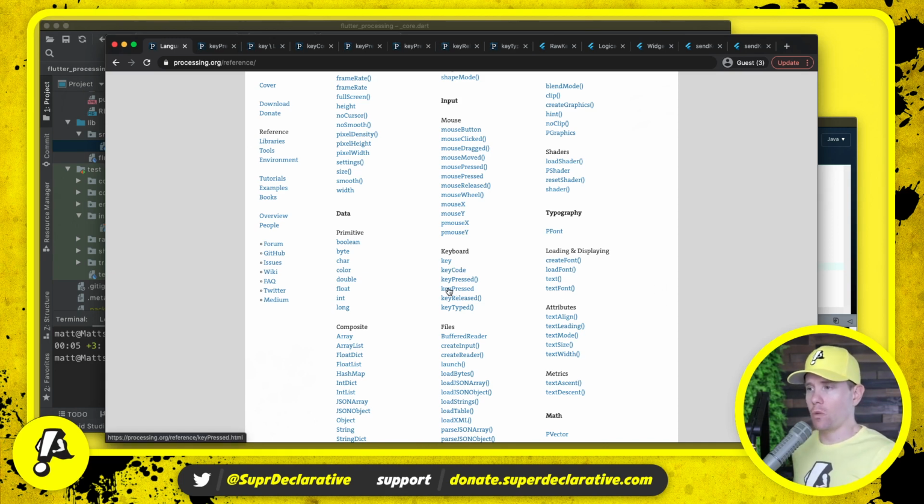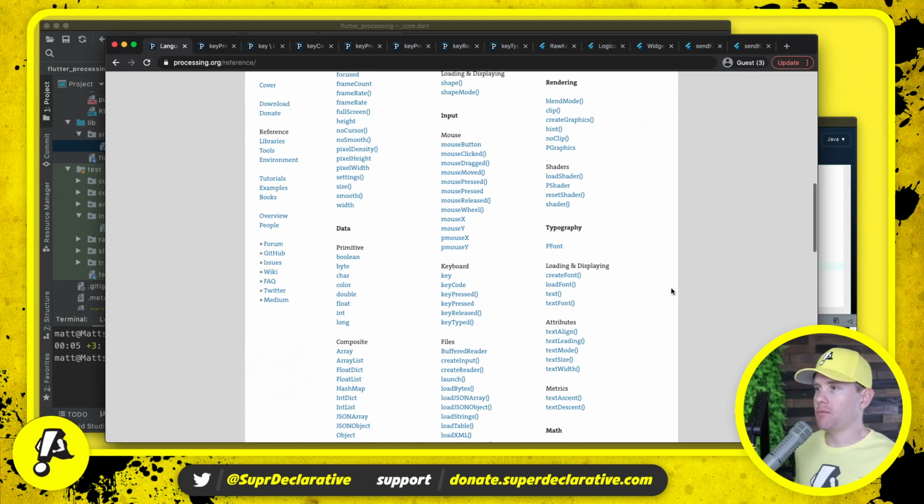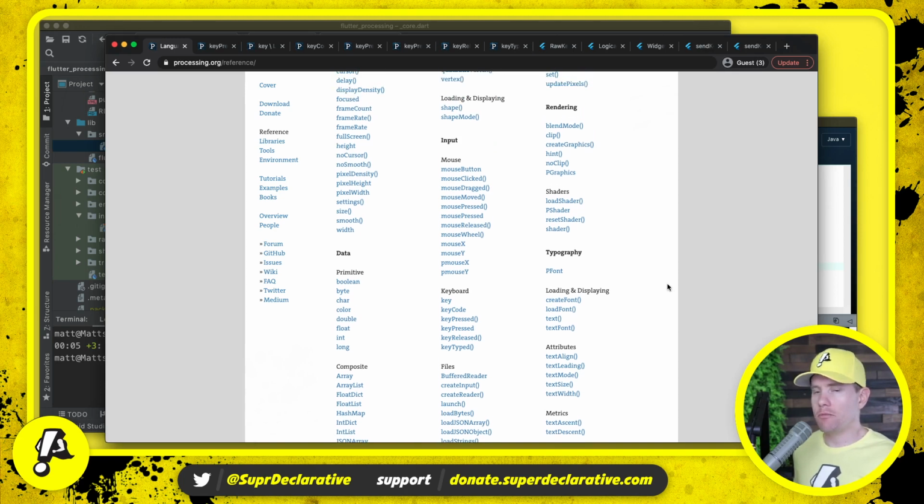And then we have key pressed for us is called is key pressed. And then we have the key pressed callback, the key typed callback, the key released callback. So there is keyboard input. That is our first input that we